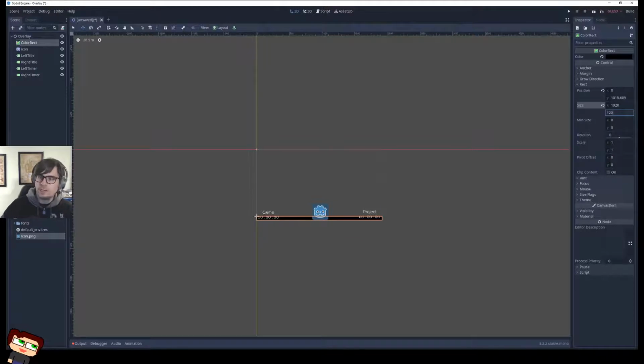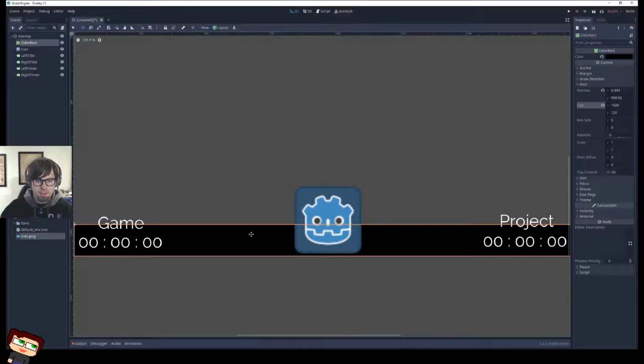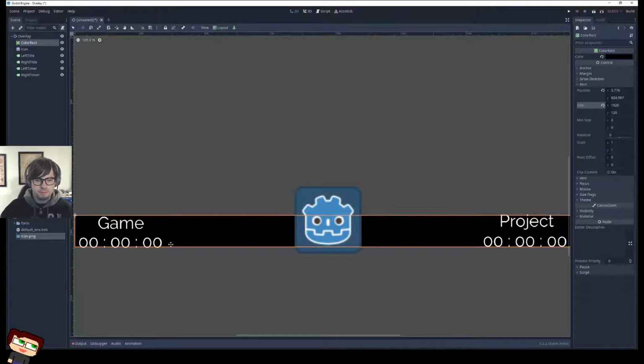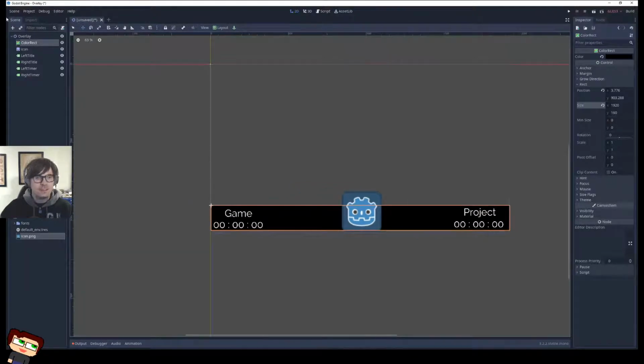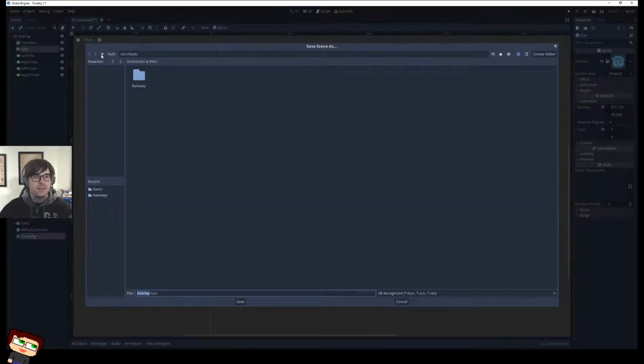Size, let's make you 120, I guess. Make you bigger. Scroll in. Drag you upward. Yeah, we need to do it this way. I'm digging that. Make this 160 pixels high. Oh, yeah, look at how pretty that looks. Grab this icon, drop you. So we're going to have a little bit of funky transparency. This is looking esports-y. I'm feeling this now. Okay, good enough. Save this scene to the root.